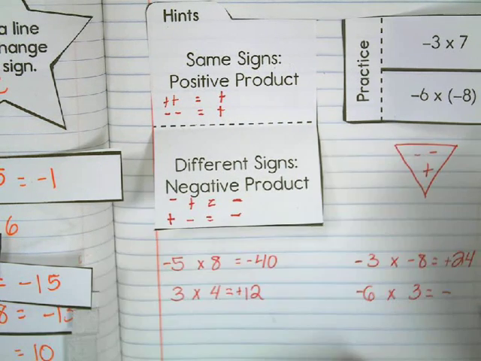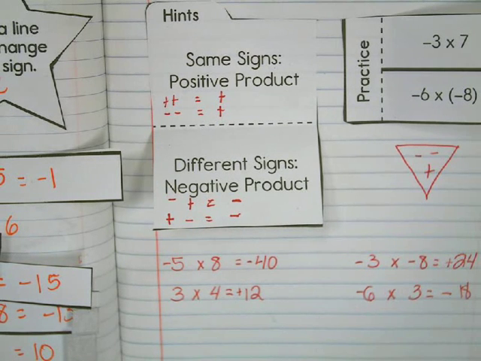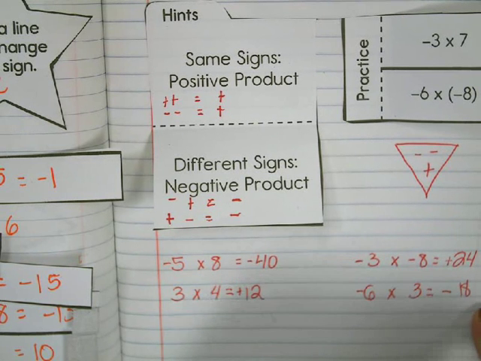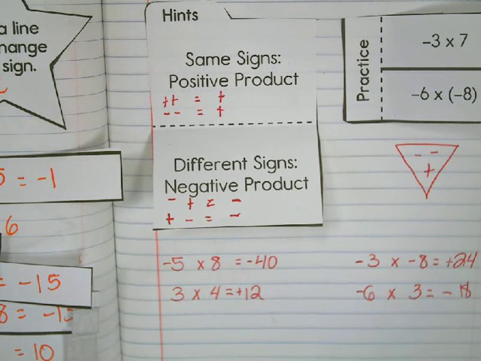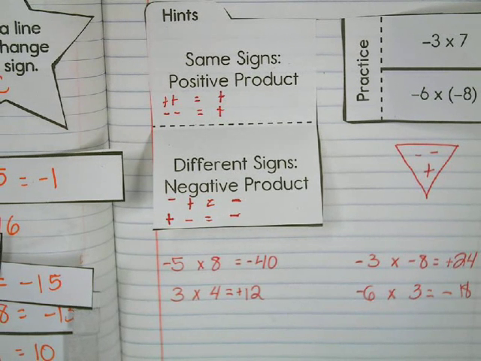Wait. That's only going to work with 2 numbers. If both of them are positive, it'll be same sign, positive product, because the triangle doesn't have 2 positives. Okay, flip to page 2 in your